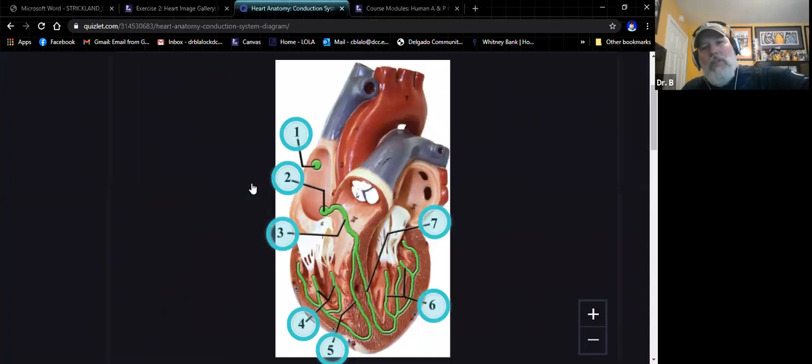Russell has drawn on here the basic locations of where we're going to find these different structures. So our SA node, sinoatrial node, is located again inferior to the vena cava, and typically it's a little bit on the anterior side of that vena cava. When it initiates its depolarization, the depolarization is going to start a wave of depolarization, which is going to travel